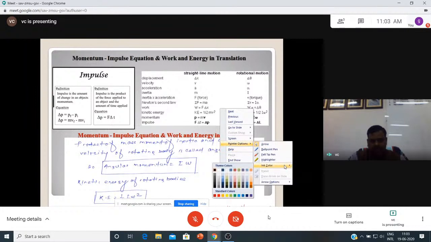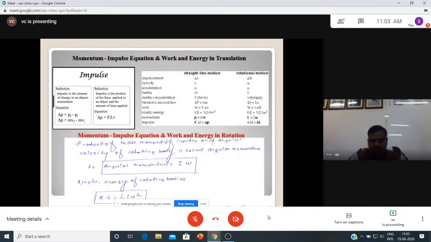If you consider sigma F equal to the resultant force